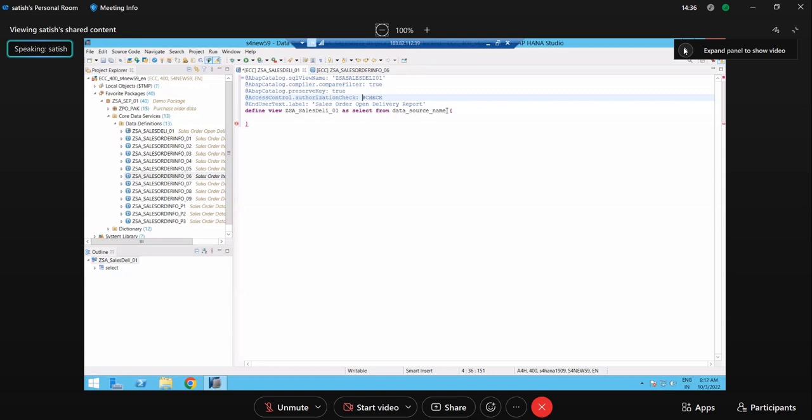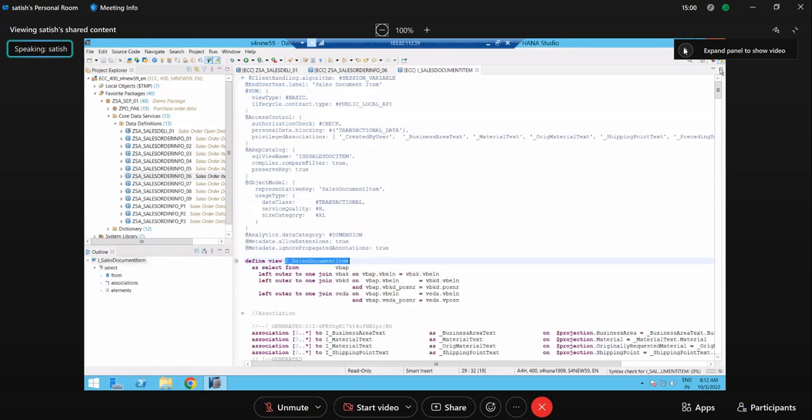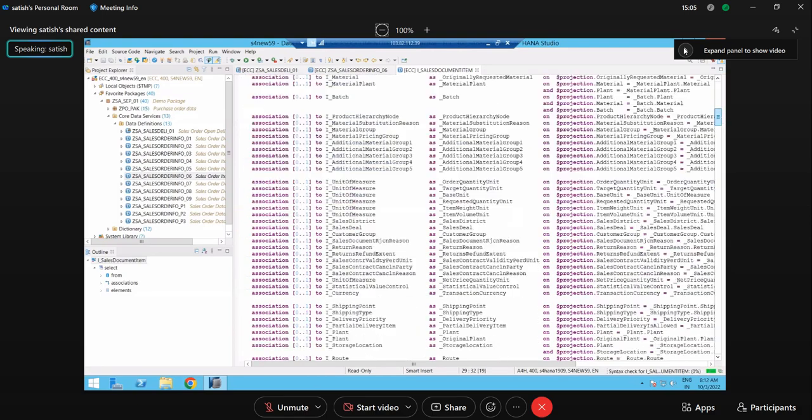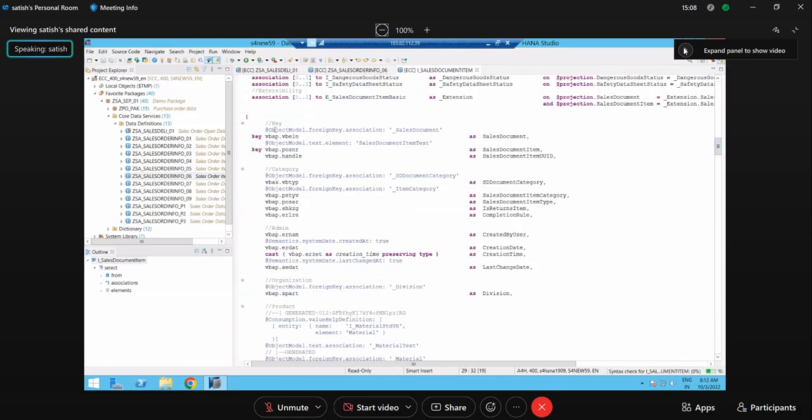Now here I'm going to create a CDS on the I underscore sales document item, a standard CDS, sales document item. This is a standard CDS, guys. We are familiar with it. I showed this is on top of VBAP. Doesn't matter. Now I'm going to fetch some of the fields here. VBELN is represented as sales document. POSNR is represented as sales document item. All these things are there. Now I'm going to specify